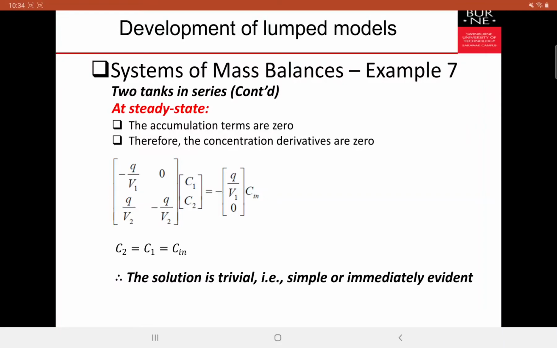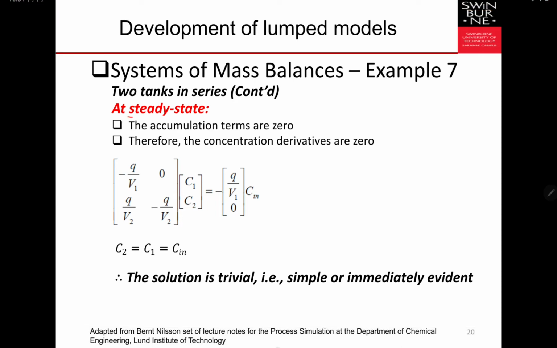In this part 4 of week 2 process modeling unit online lecture recording video, we will continue the discussions on the development of a mathematical model for systems of mass balances, in particular for two tanks in series and six plate absorption column. We have previously derived the matrix expressions for the two tanks in series. In this slide, we discuss when, for example, the problem can be simplified and considered as steady state.